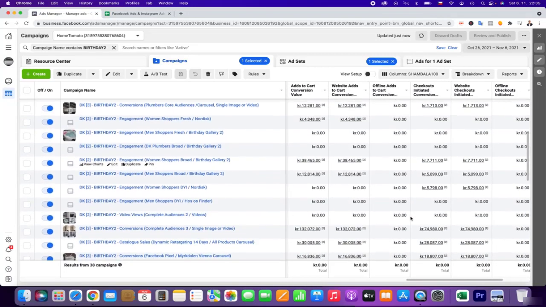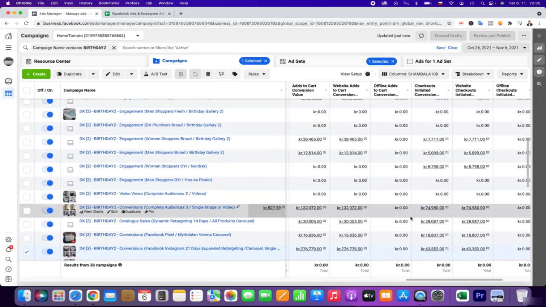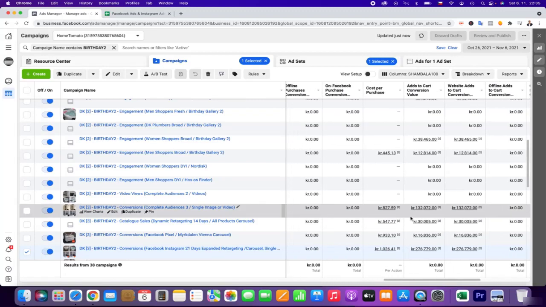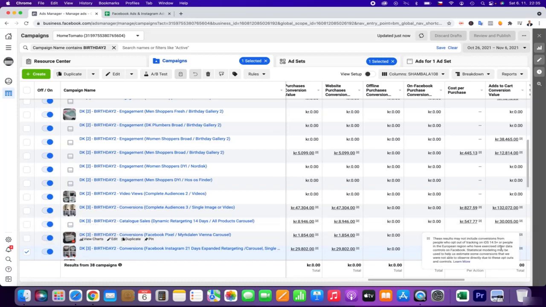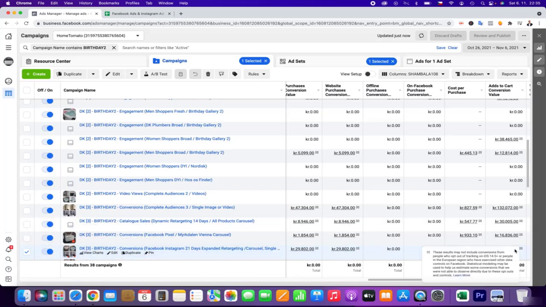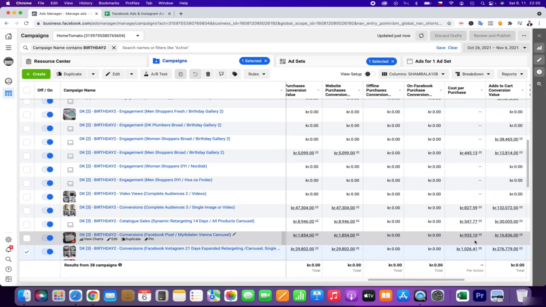That's really good. With the main campaign, more and more sales and add to cart actions are coming, for which I am really, really grateful. We also have a lot of add to cart with dynamic retargeting, and also a lot with retargeting for Facebook and engagement.